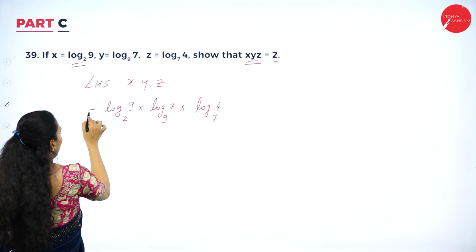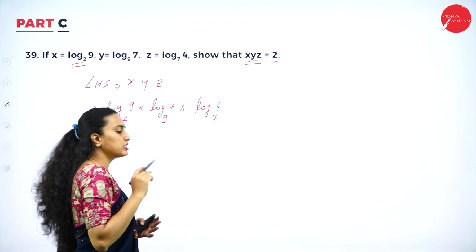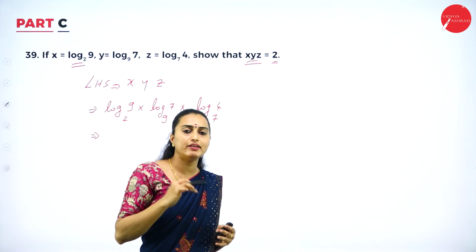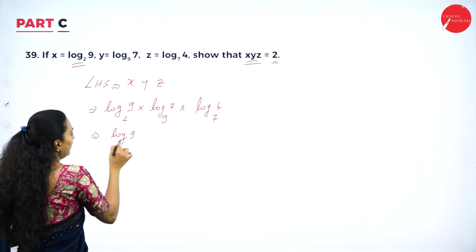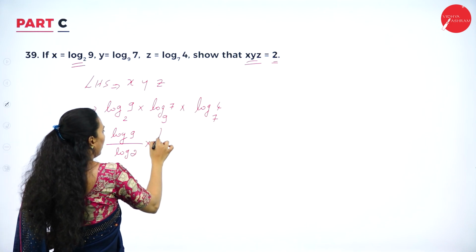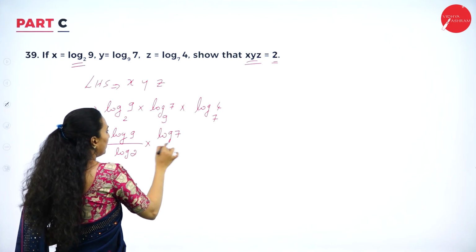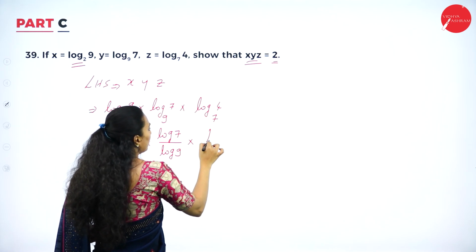Log a to base b can be written as log a divided by log b, which will be log 9 divided by log 2. Similarly, this is log 7 divided by log 9, into